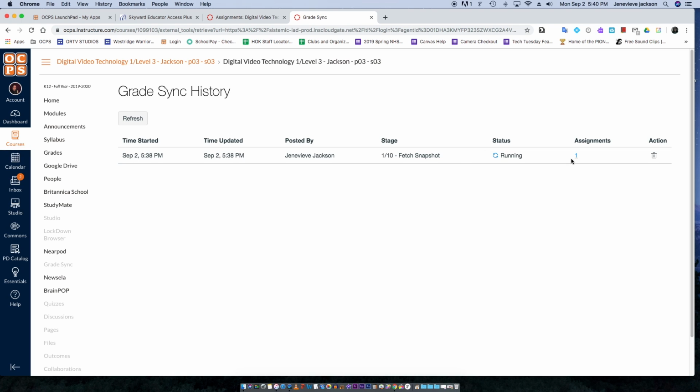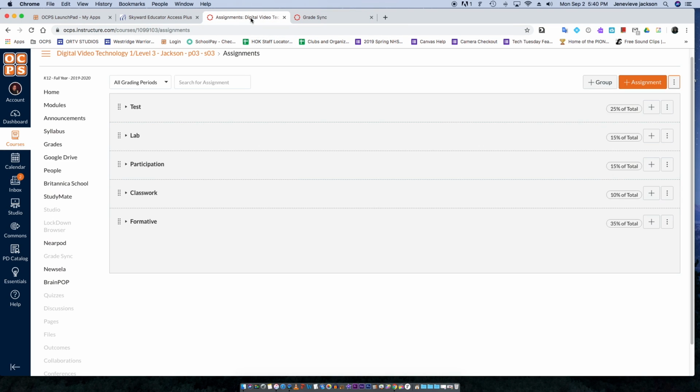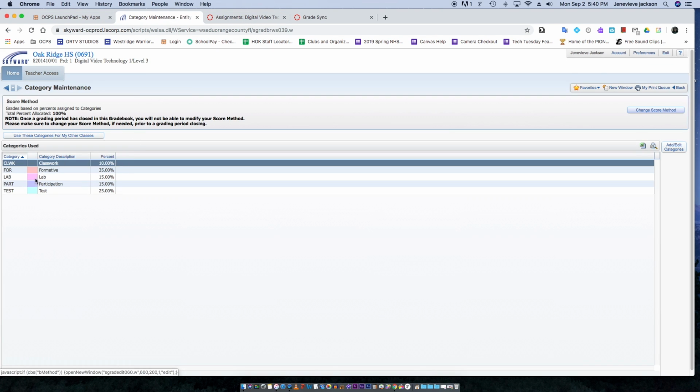So if you were to refresh this right here, it'll tell you it's completed. Sometimes it'll tell you failed. And then if you click on where it says failed, it tells you exactly what's wrong as to why the assignment failed. 90% of the reason is because these categories don't match these categories in some way, shape, or form. Either something was misspelled, or there was an extra character space left after that, or if you have it to